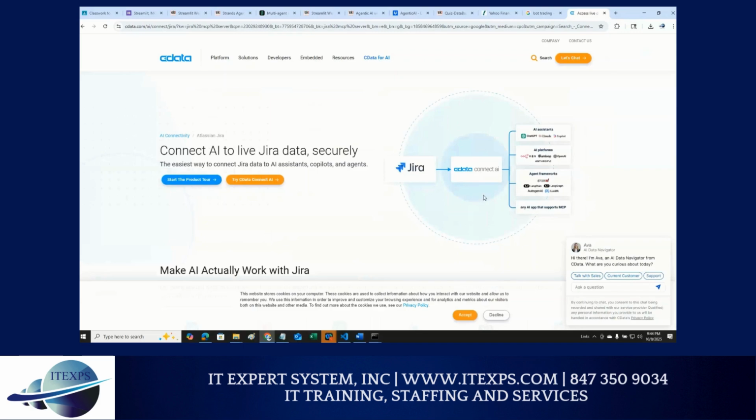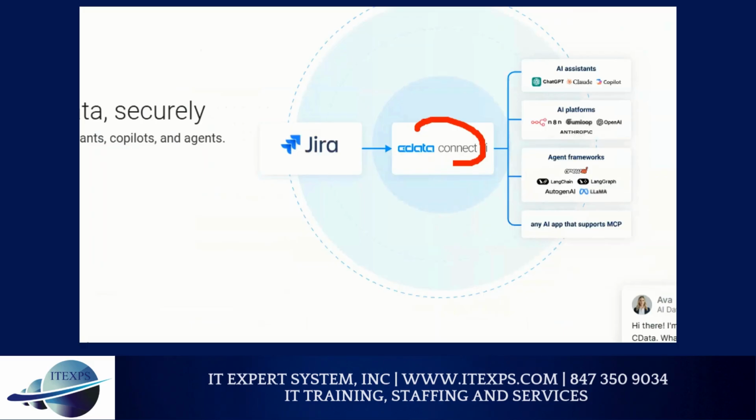Look at that. So now this is your MCP server. You can interact with whatever you want. So these are all models. Because it has the